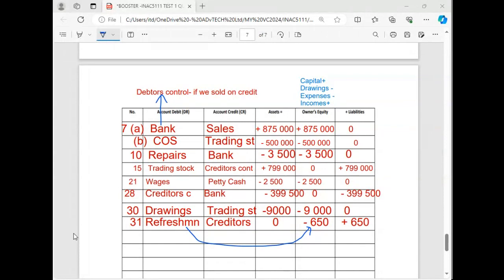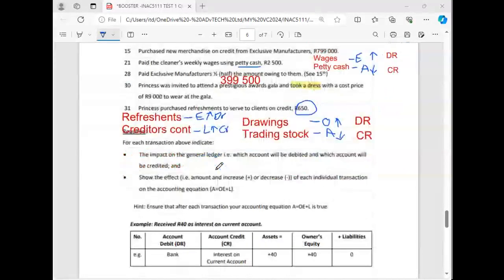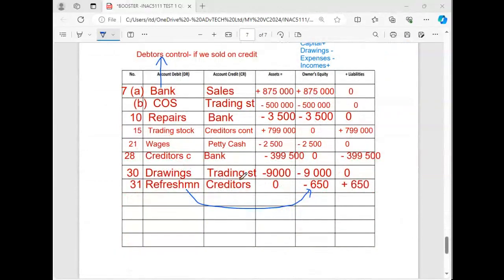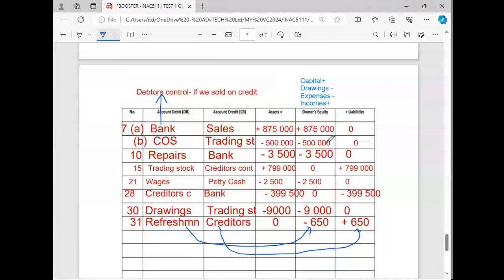Now let's talk about the other account. The other account we said is a liability. Can you see here we said it's a liability? Liabilities and assets are very straightforward. We said the liability was going up. That's why this one is a liability, and that's why it made this one go up. So the only challenging one is this one. Are we together?